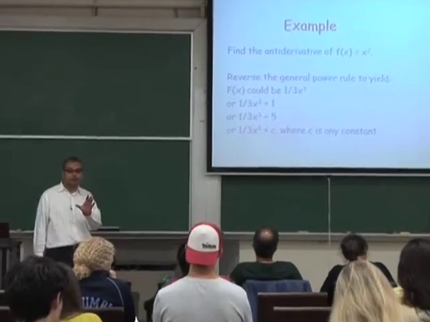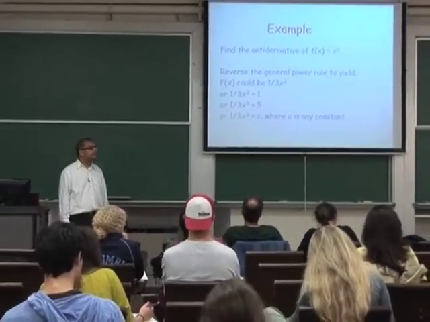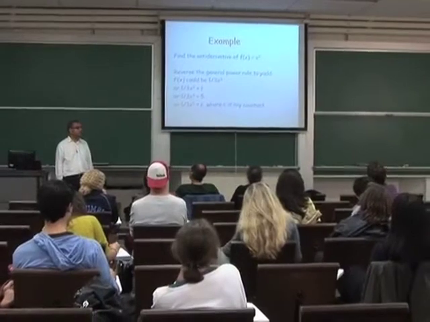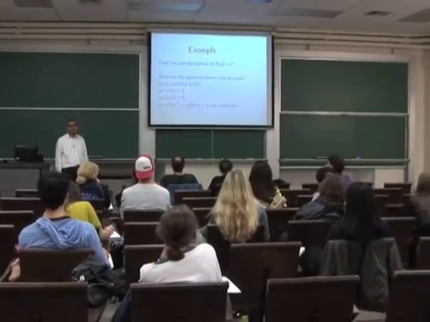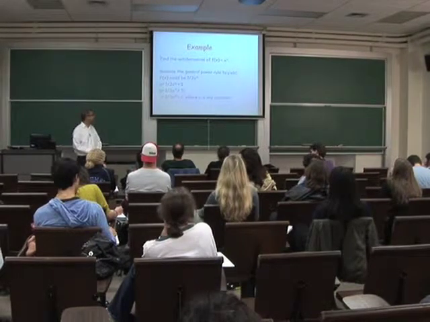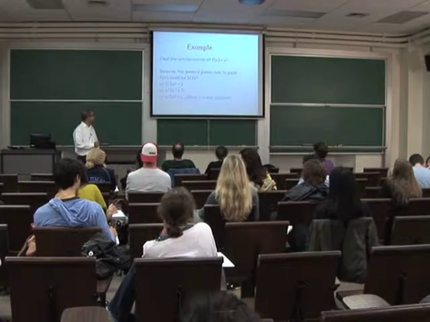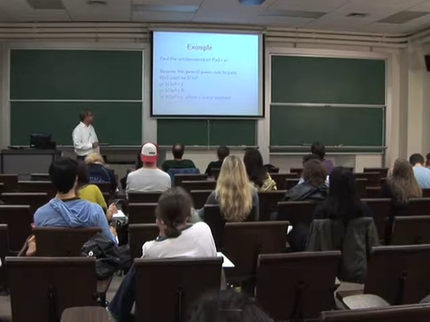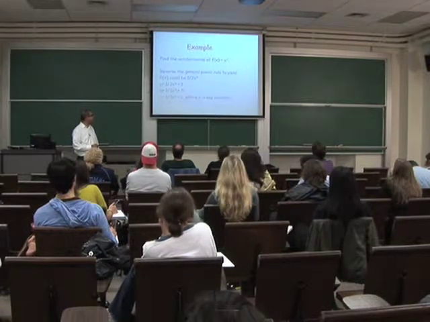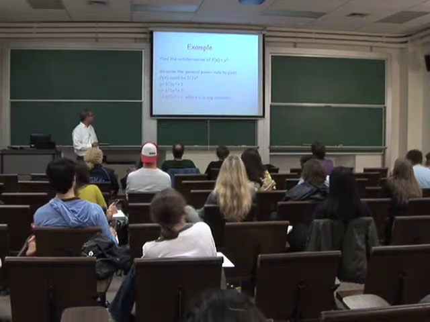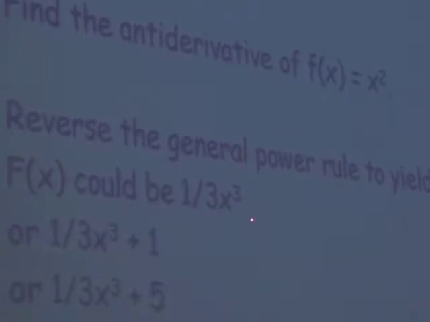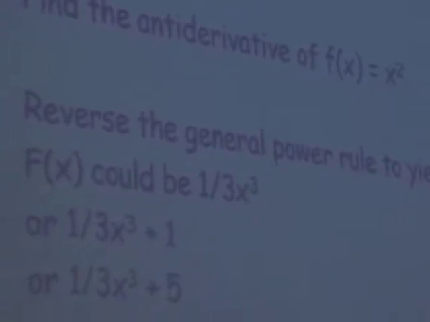So far we're just talking in mechanical terms. Simply faced with a function, you reverse the rules that you use to get the derivative, and by applying those rules in reverse, you're getting an antiderivative. So what's the antiderivative of x squared? You can reverse the general power rule. If little f(x) is x squared, then the antiderivative is going to be, well, I've given you the answer there, but